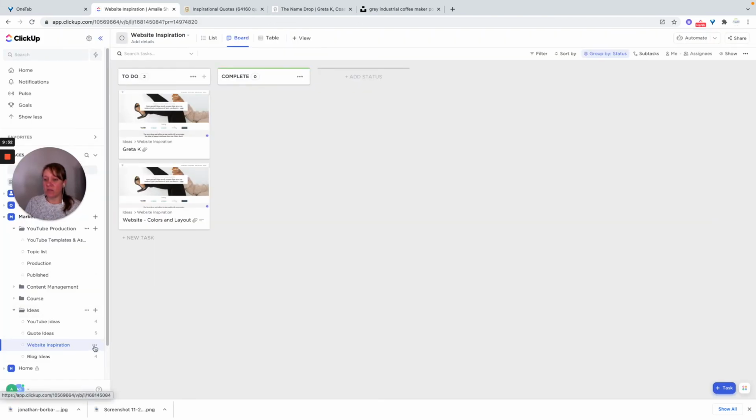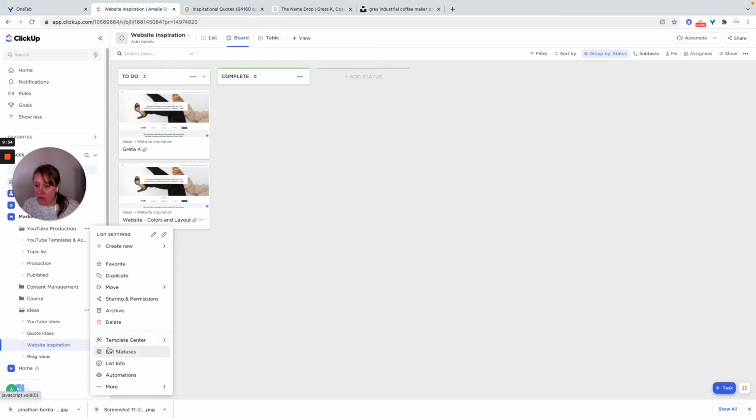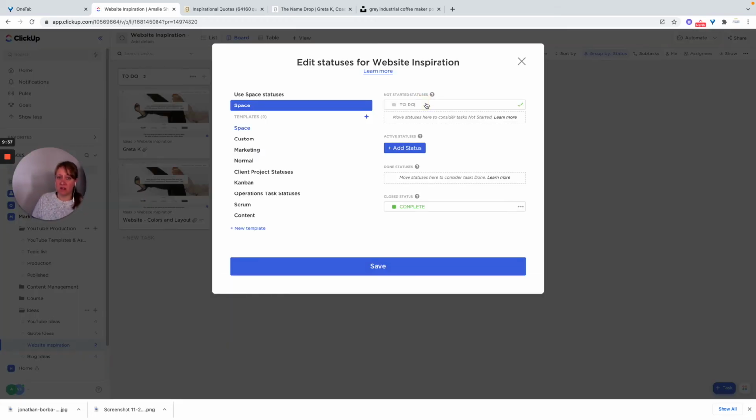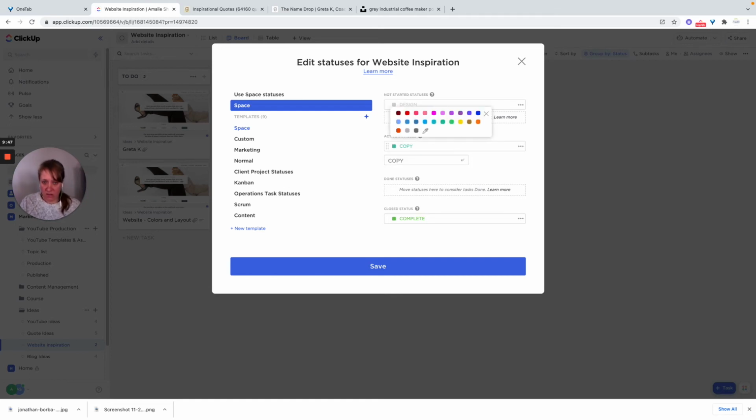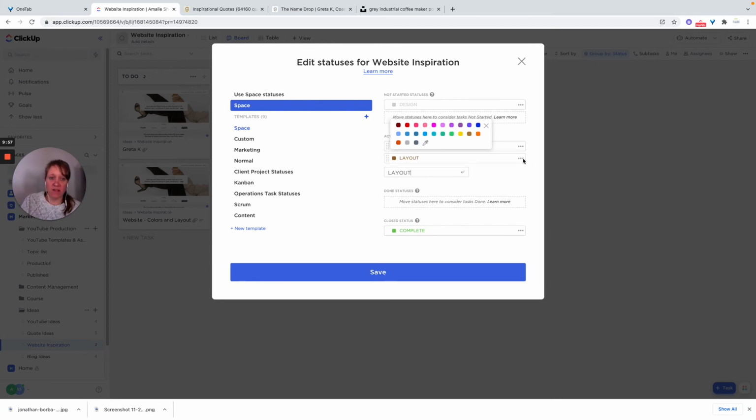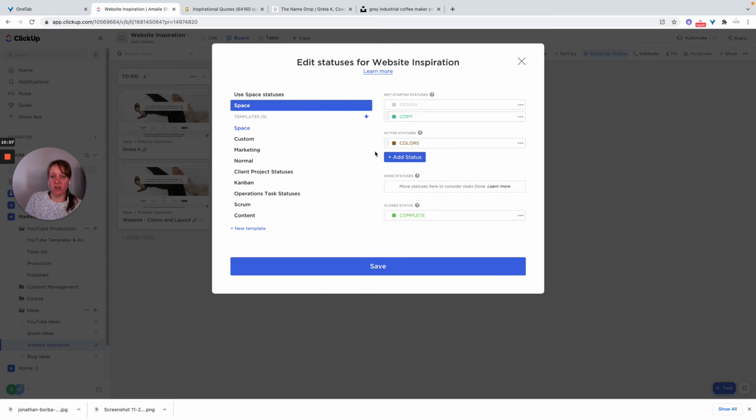You could create some different list statuses where maybe it's design, maybe you like this one for the copy, maybe another one you like for the layout or colors, something like that. So let's say we like that, we'll just rename this one to colors. Okay, and then what I would do is I'd move them to the not started status,